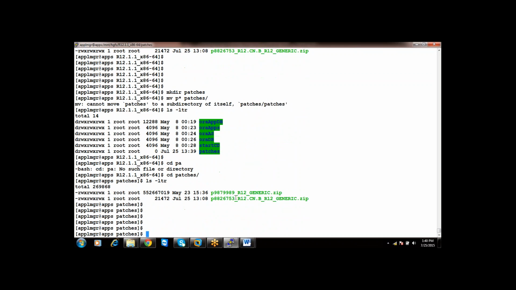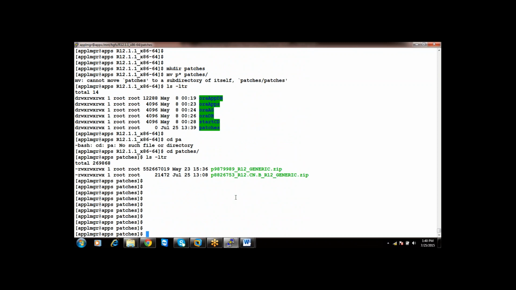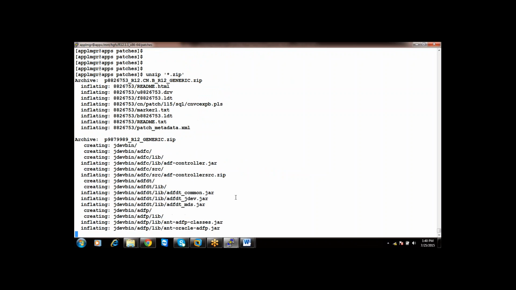Here, at the place where you have the zip file, unzip the patches first. Unzip star.zip.